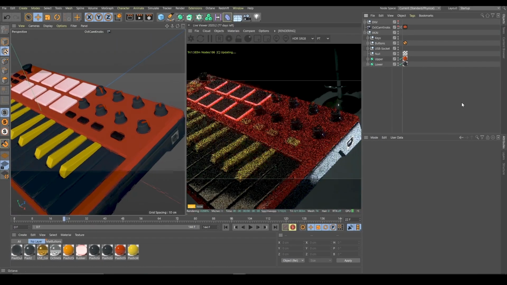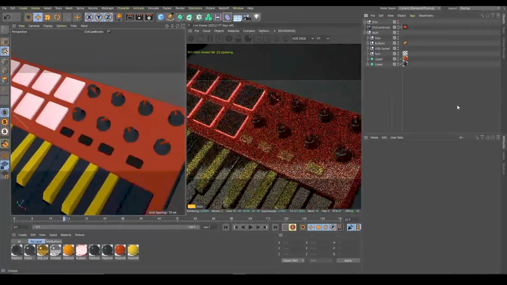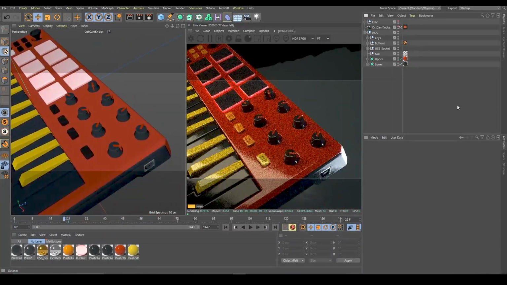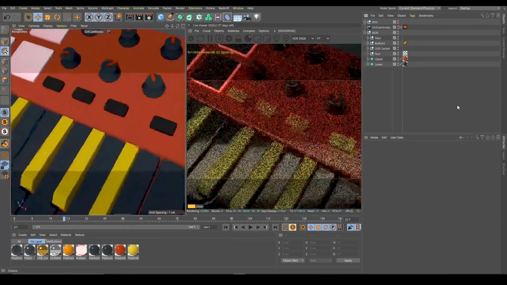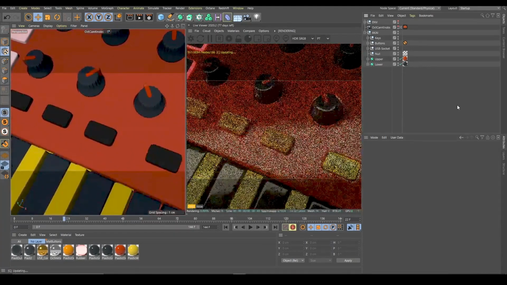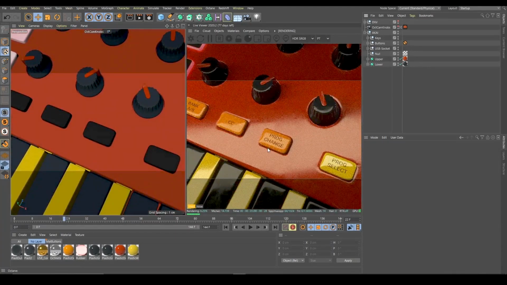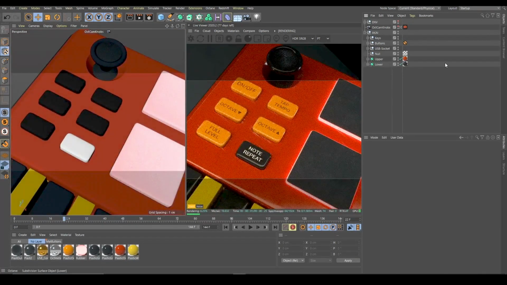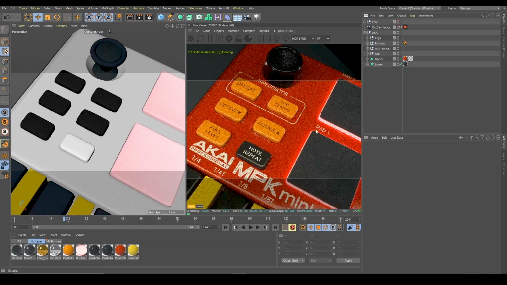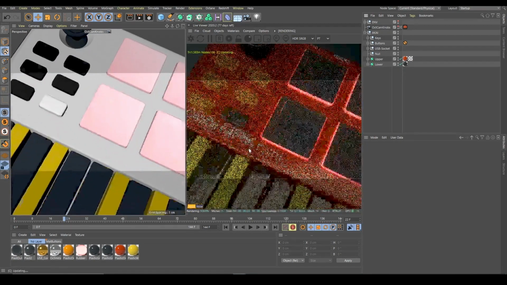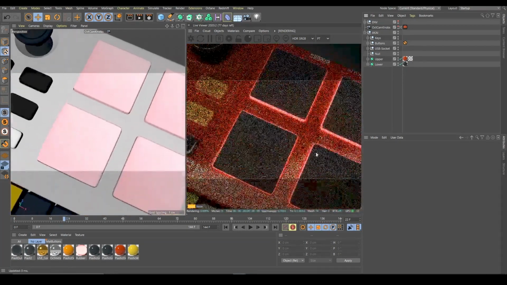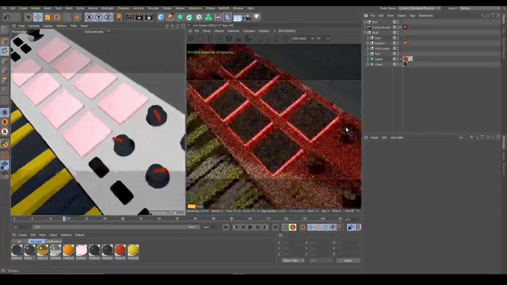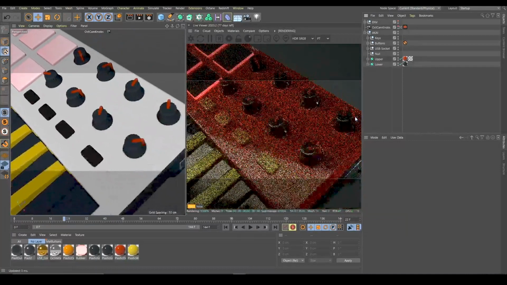So as you can see, I've switched scenes so I can demonstrate what I want to show you with this MIDI controller. You can already see some decals applied on these buttons here. You can see the text written on them. You can also see it over here. And what's missing for the moment is this logo here and all the rest of the text for all the other buttons. And I'm going to show you how you can set this up without using UV unwrapping,